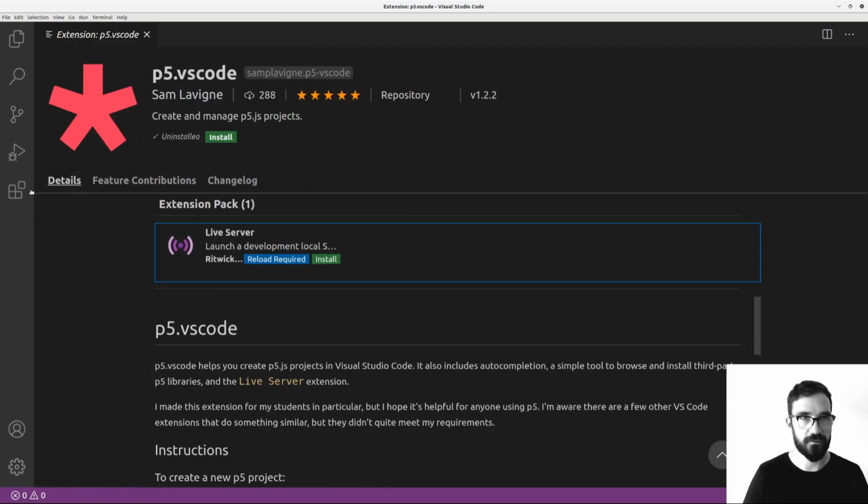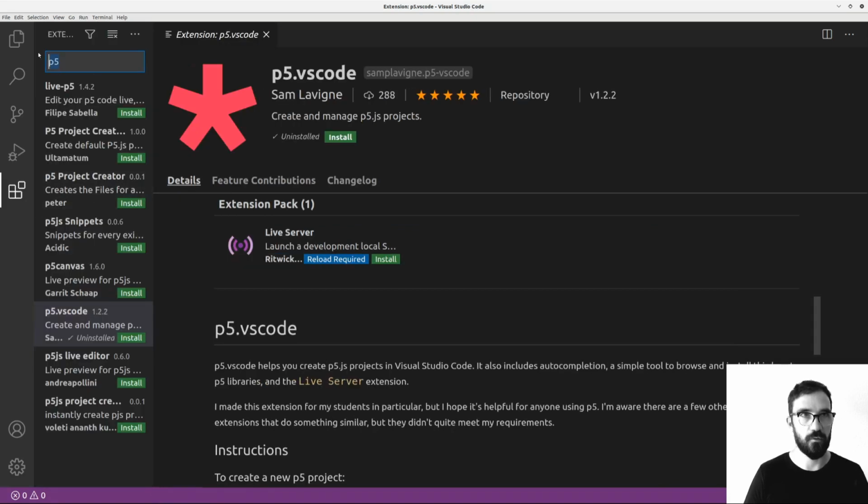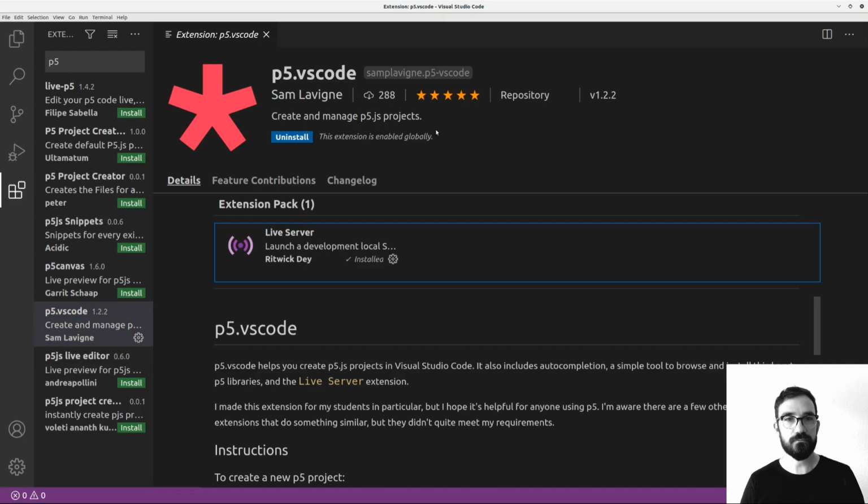So if you go to extensions, this is the extensions tab here, you can Google for p5, or you can look for p5, and you will find this p5.vscode extension. So if I hit install, it's basically installed, right? And it does a few things. First of all, it gives us